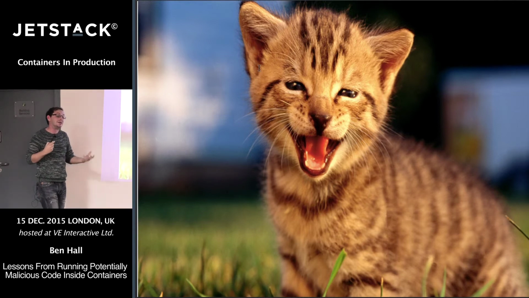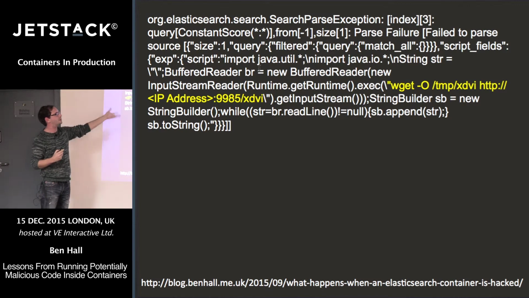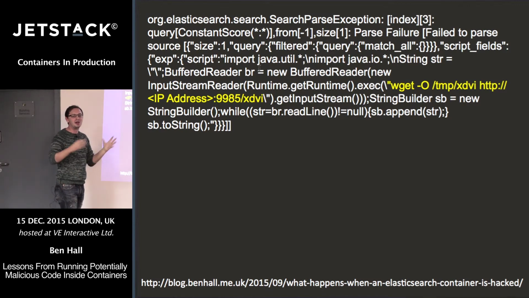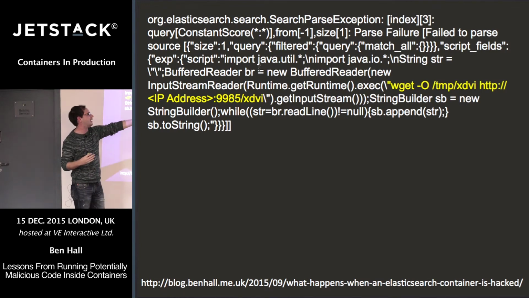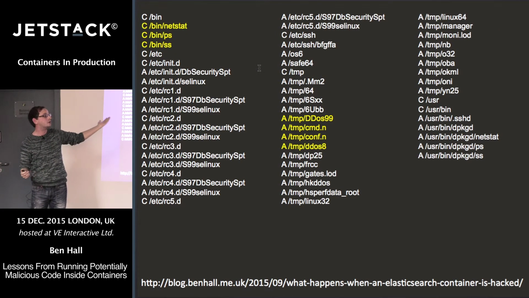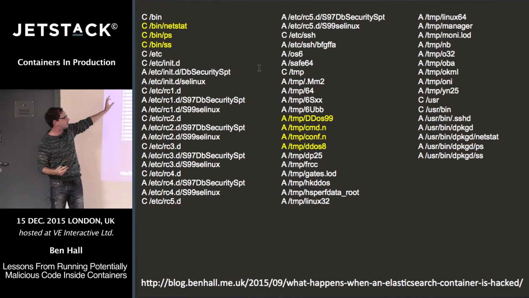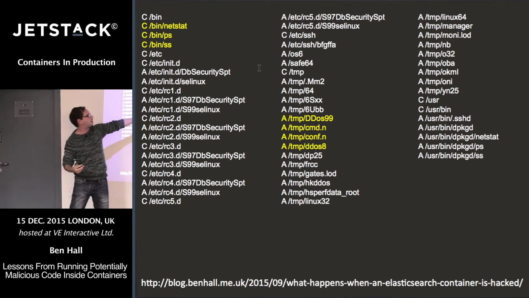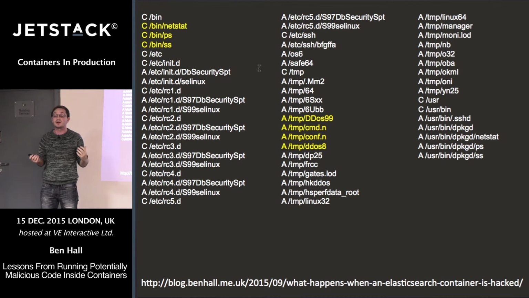And then you start investigating what they did. You can use the logs, and you can see all the nice happy stuff which they tried. Because it was Elasticsearch, they could run Java files and Java snippets. And they did things like wget to download stuff and execute files, which added new files. And you could see by using Docker diff what had changed. They changed things like netstat, ps, ss, and added some configuration for security.